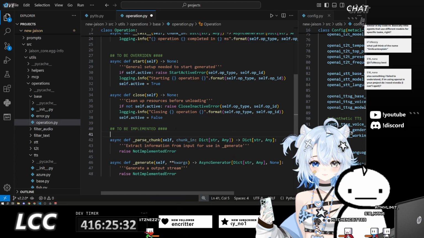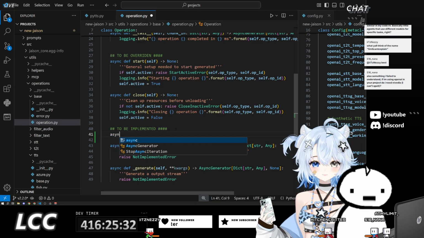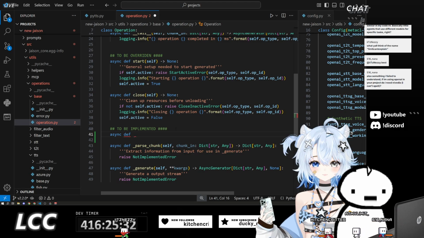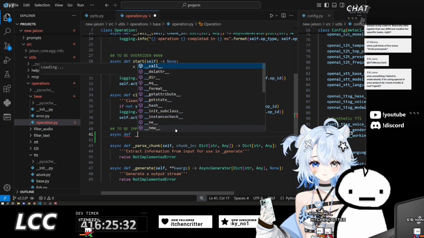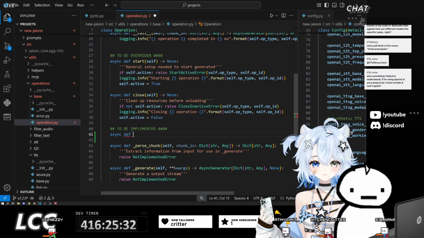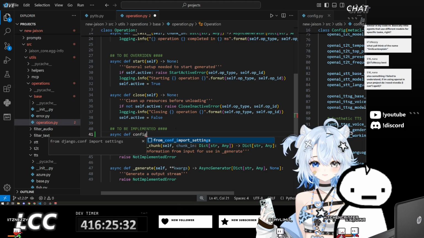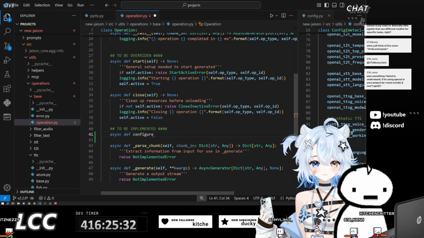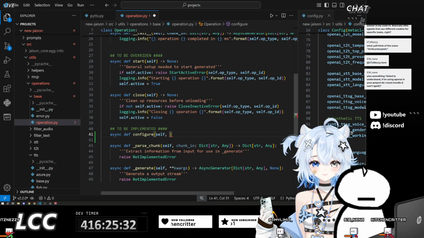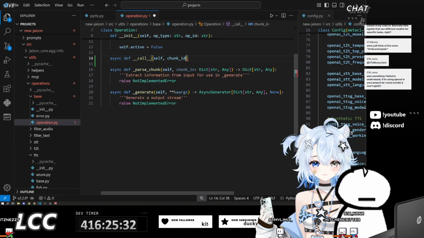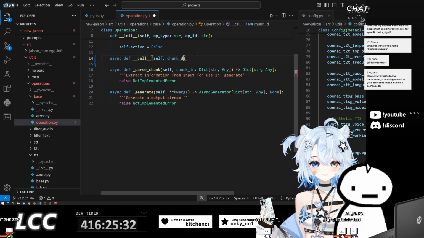as well as even setting up their configuration in the first place. So let's put down async define configure. Configure, yes. Why did it do that?